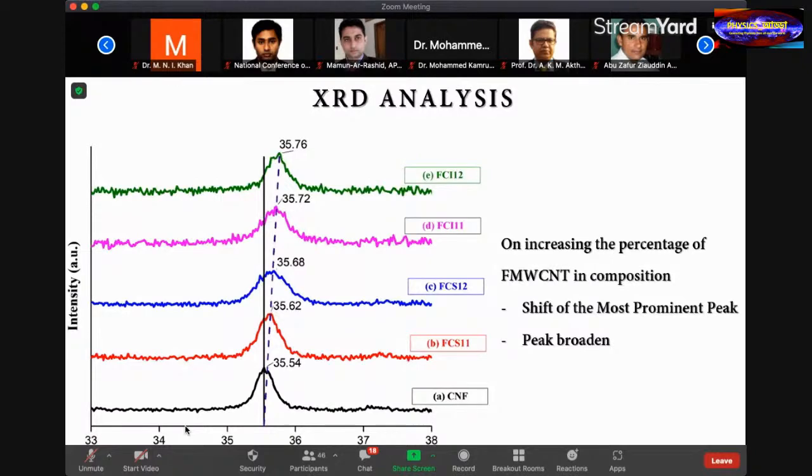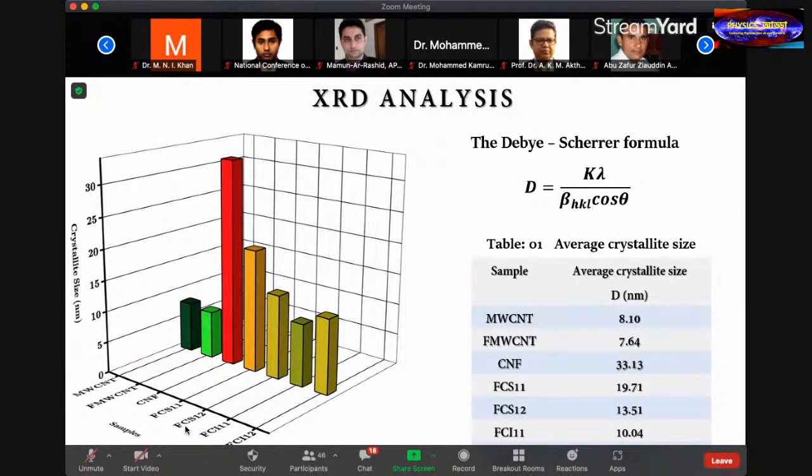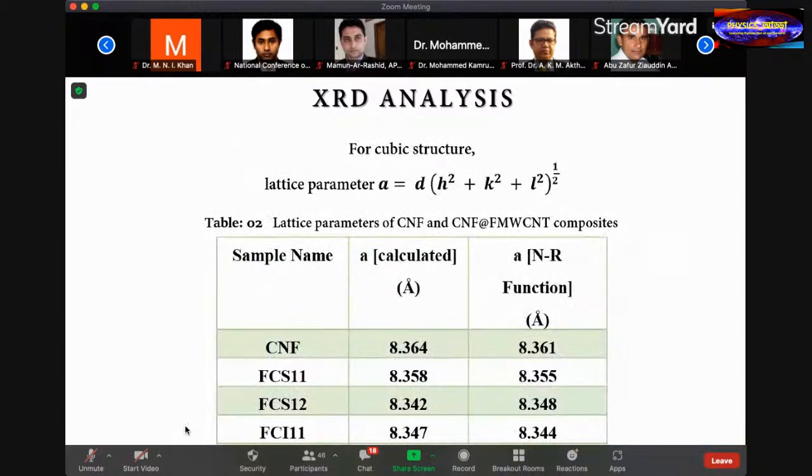And now the Debye-Scherrer formula, as we can see, we calculated the crystallite size, and we can see the crystallite size of the nanocomposite is lower than the crystallite size of the ferrite nanoparticles. The lattice constant was calculated theoretically using the formula for cubic structure in this slide, and with the help of the Nelson-Riley function, we also found the lattice constant, and we can compare these two data and see that these two